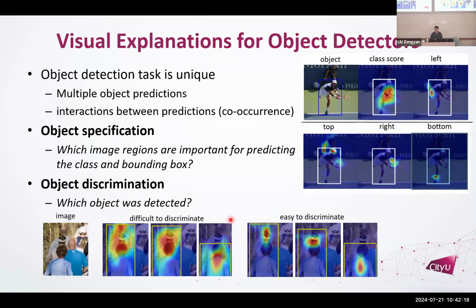Okay. Another important thing is object discrimination. That means if I have two objects that are overlapping, I want to know which object was actually detected. Okay, so here's an example. I have, I don't know, 5 or 6 people kind of partially occluded, right? And here are different detections from my original detector. Okay, and for this one, can you tell me which person this detector found? Not really, because there's red highlighted regions on 3 people, right? And this one, there's on 2 people.